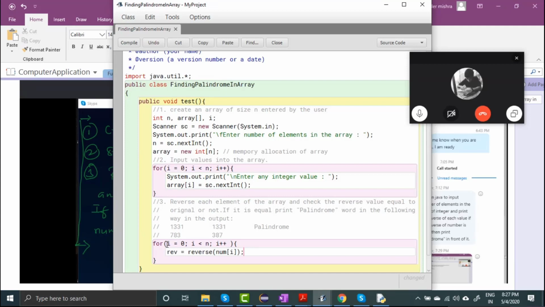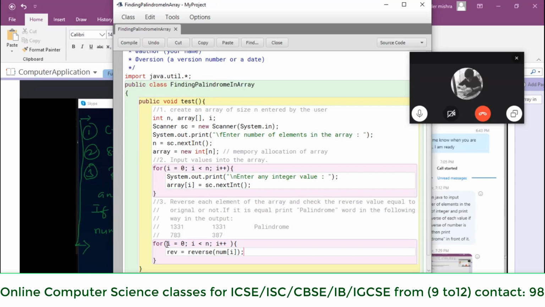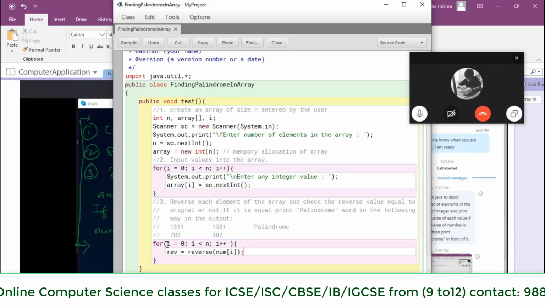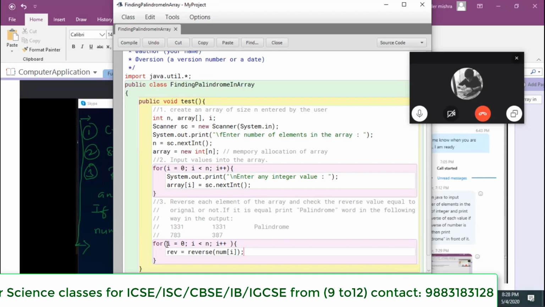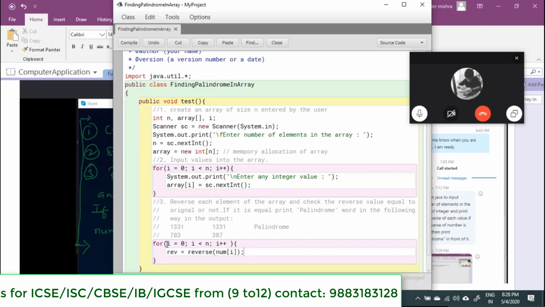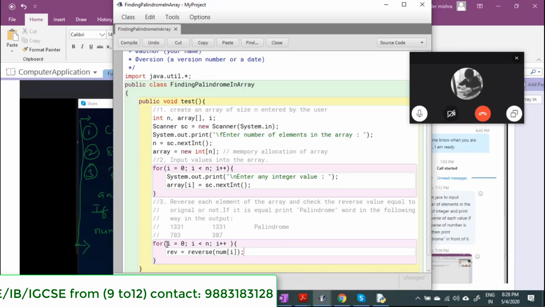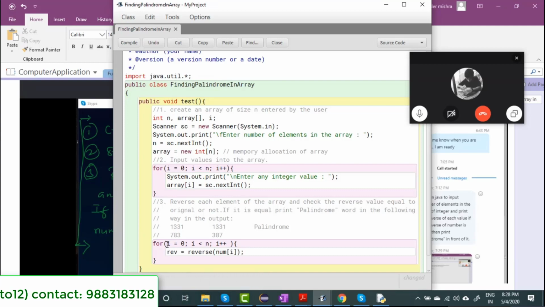Reverse is the name of the function created by me. Reverse is a user-defined function created by us. And num of i means I am sending the data of the ith position of the array to this function. This function will reverse the data of the number which I am passing, and return it to me.